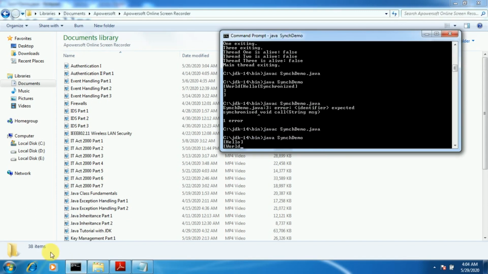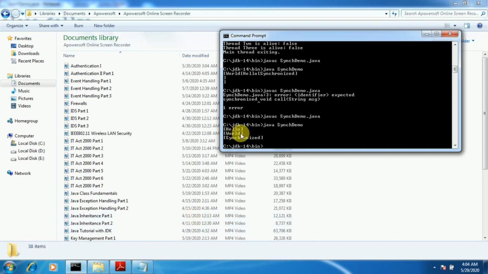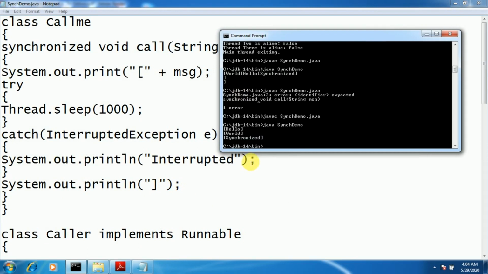Okay. Now you can see, first it displayed "hello", then "synchronized", that too in the pair of square brackets. So this is the working of the synchronized keyword, which can be attached either to a block or to a method. Once you attach this synchronized keyword to the method, it is going to display the assigned task in the specified order. If you do not attach it, then you will get the output of the program in any order.